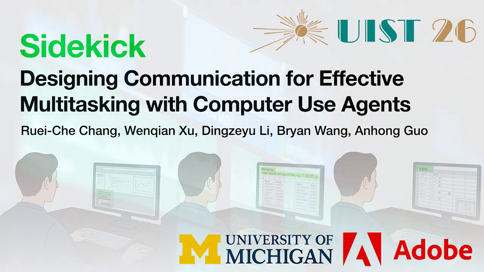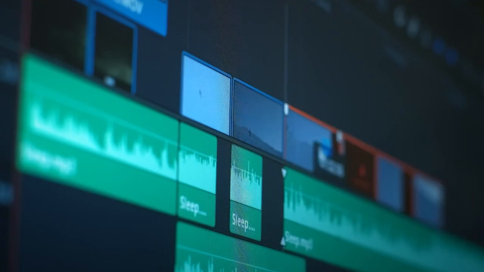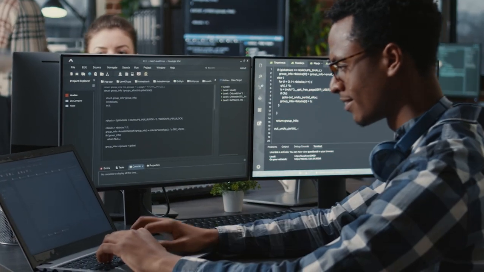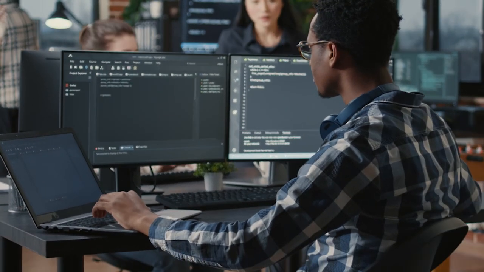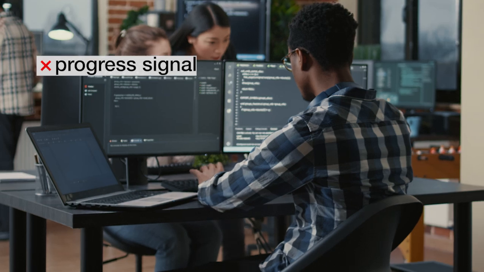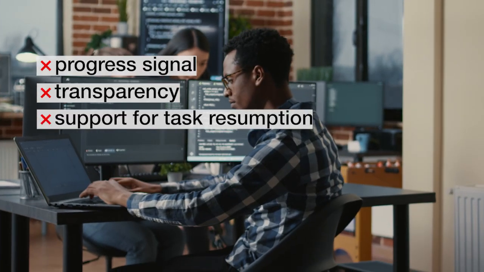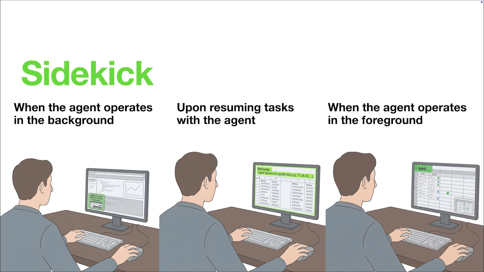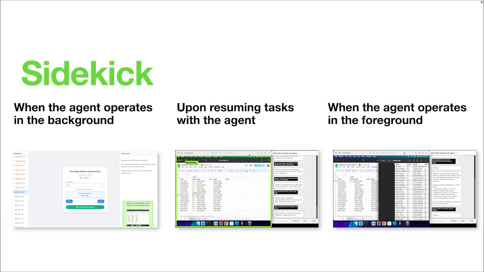Computer use agents can carry out complex tasks within graphical user interfaces on users' behalf. But in practice, users must still allocate much attention to monitor agents due to the lack of progress signals, transparency, and support for task resumption. To address this, we present Sidekick, a system that bridges communication gaps across interaction stages by providing multimodal feedback to